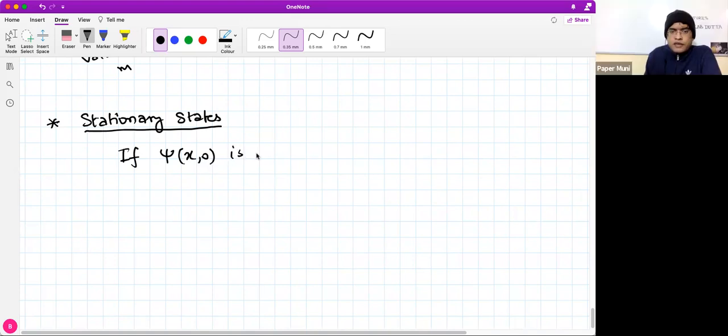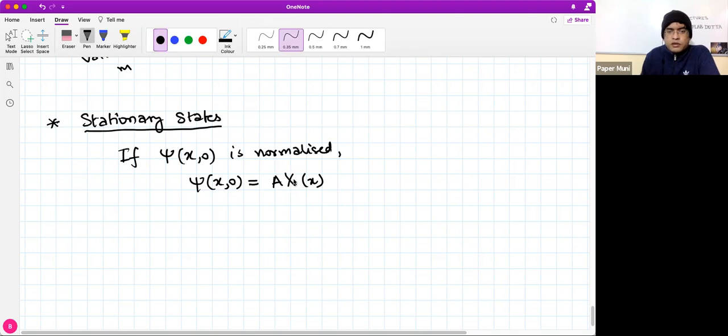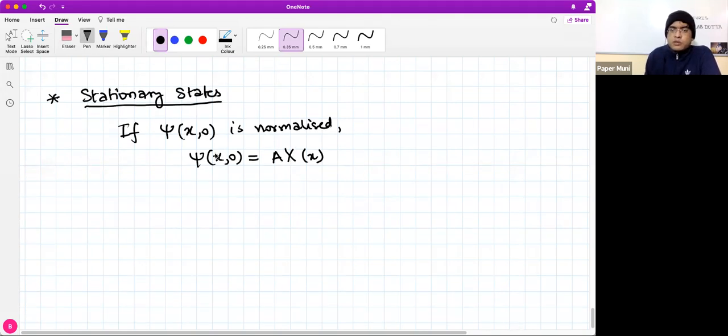So if psi at t equal to 0 is normalized, we can write psi(x, 0) is equal to A times X(x), like this. X is the x part of the wave function. Because there is no time part, the exponential part will become 1, so it won't appear in the wave function. And the normalization condition, as we know it,